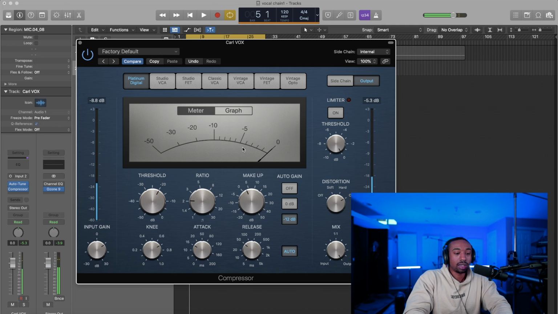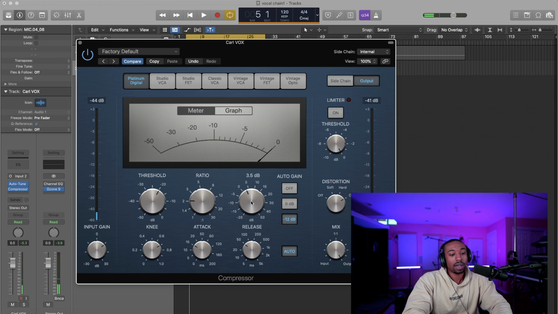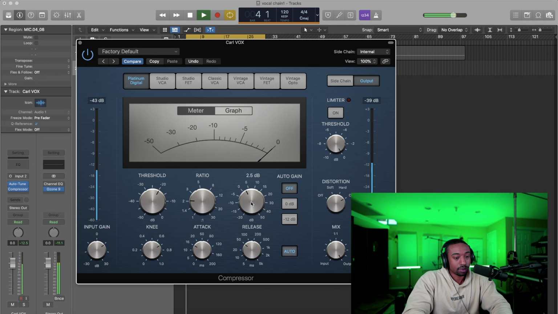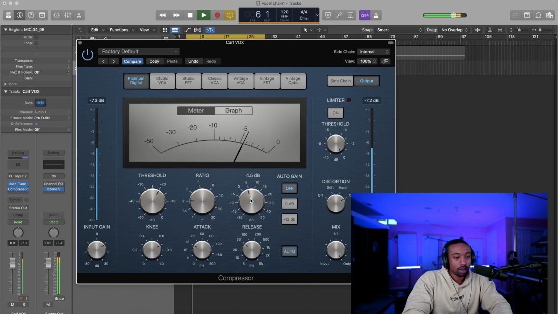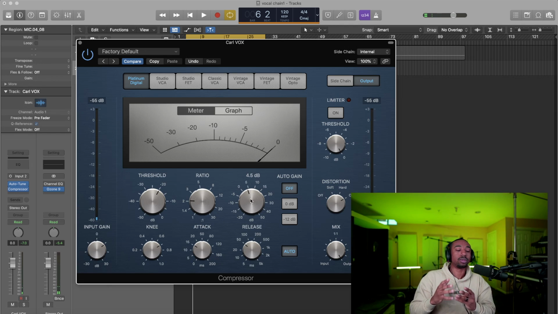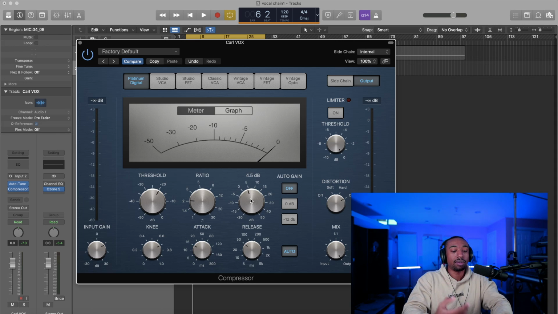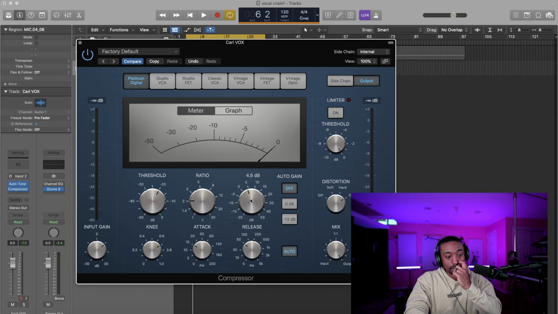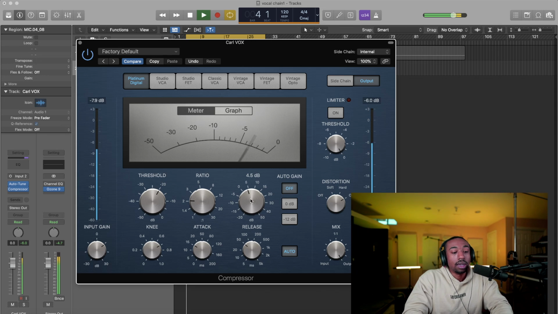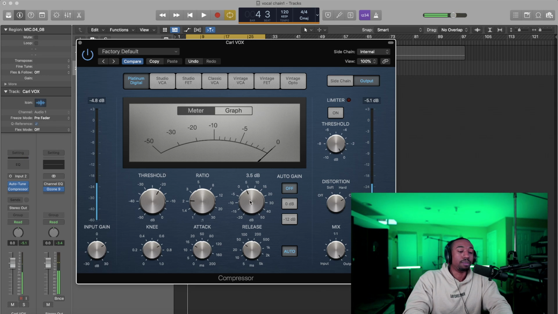So I just gently look at the meter and say, okay, we're taking out 5 dB. Now you can set it to auto gain, but let's turn that off. So I can boost up to 5 dB. Now you want to think about an average. Remember that every peak is not 5 dB taken out. So if you're boosting too heavily on the makeup gain, it can cause problems later down the line. I wouldn't recommend boosting unless you have to boost out of a compressor.